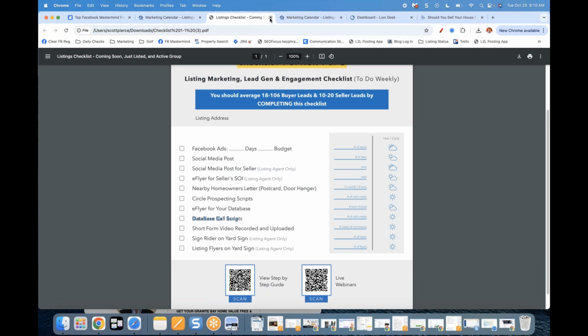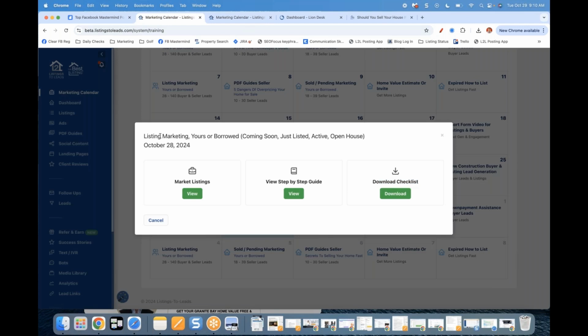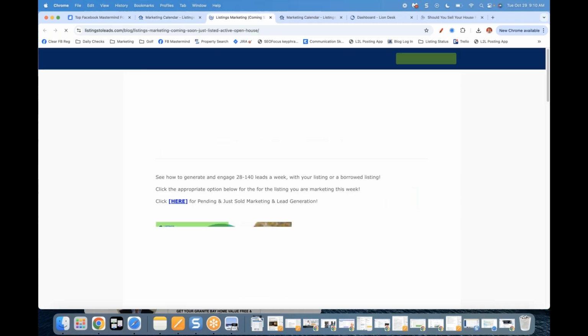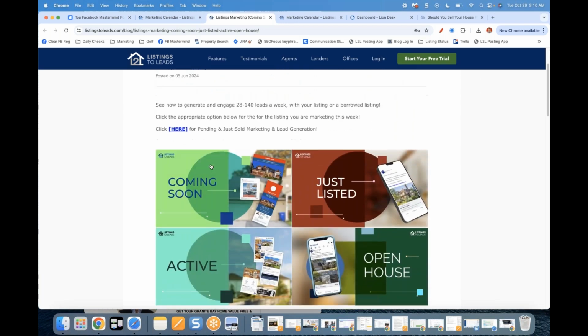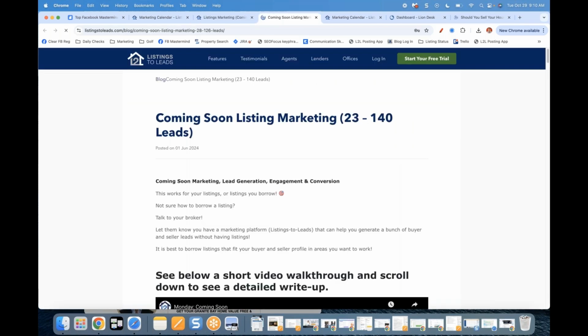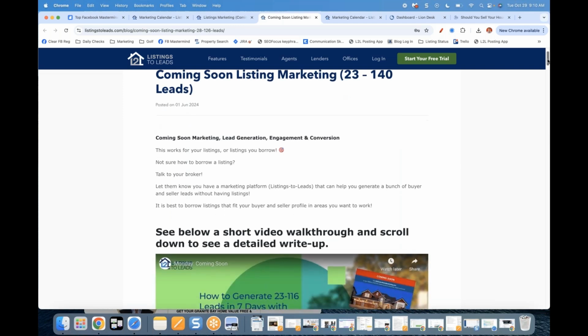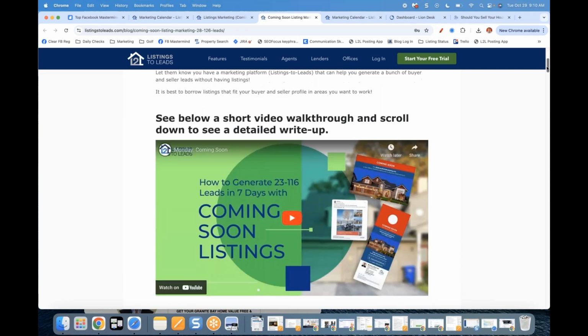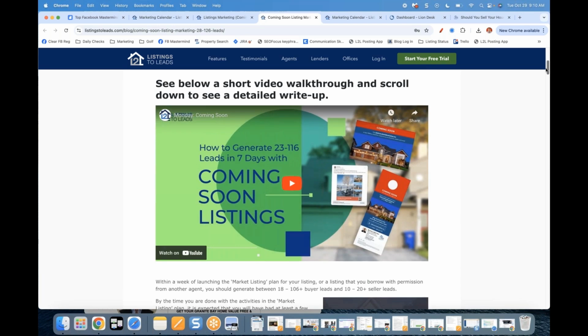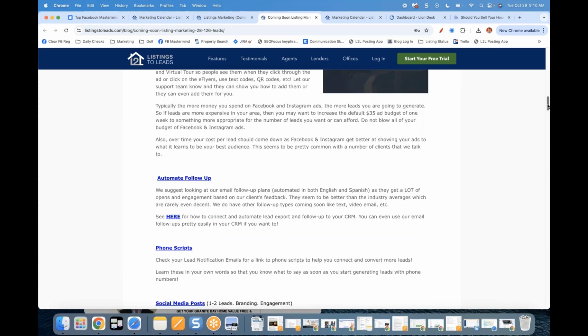So you can see, for the listing that we're going to market this week, we got the checklist. If you're not sure how to do anything, always refer to the guide. So we got a view step-by-step guide. And again, on every one of these items, you're going to see you got 4 options depending on the status, and this is yours or borrowed. So even if I'm borrowing the listing that I'm marketing this week, for sale or pending, we're still going to do the same thing. You can see here, there's a video, but there's also a walk text write-up,